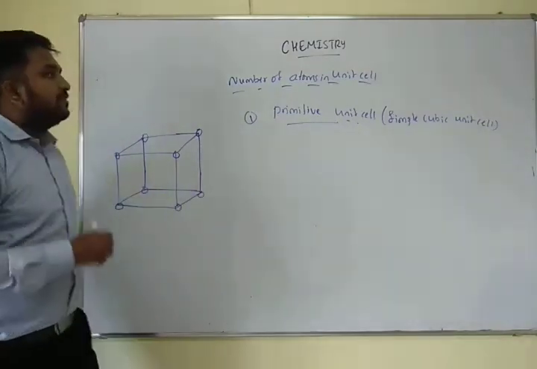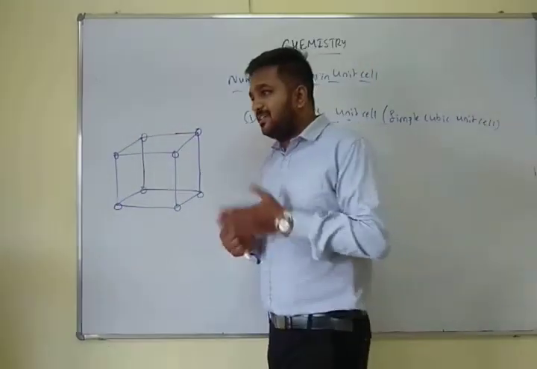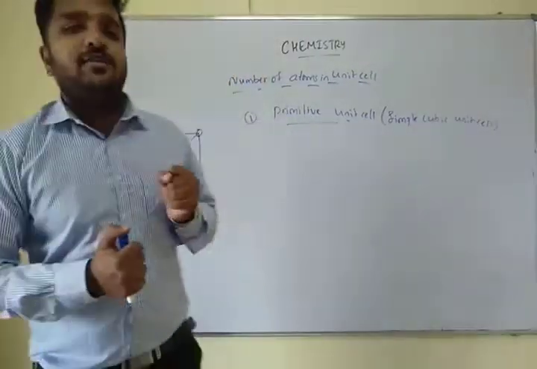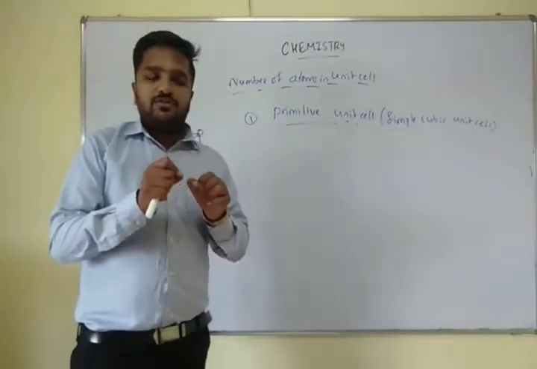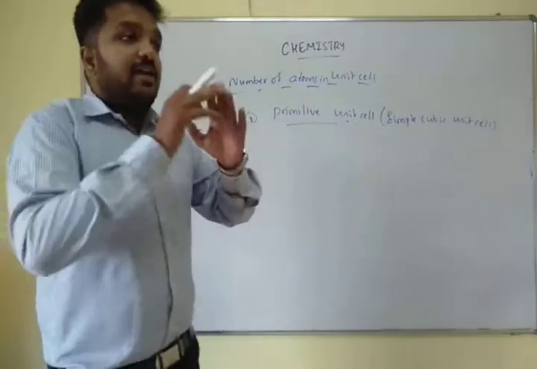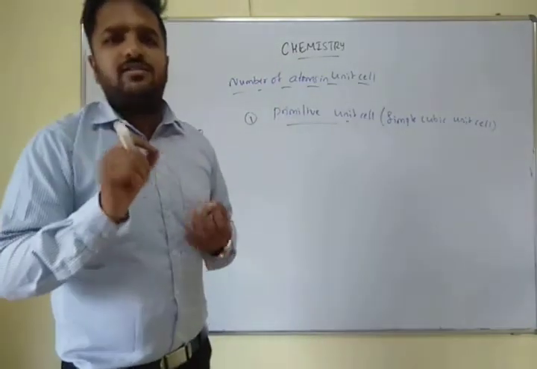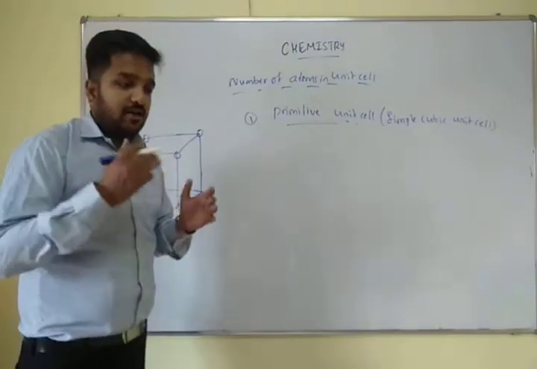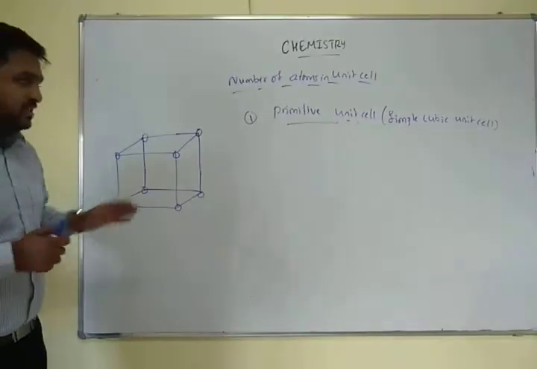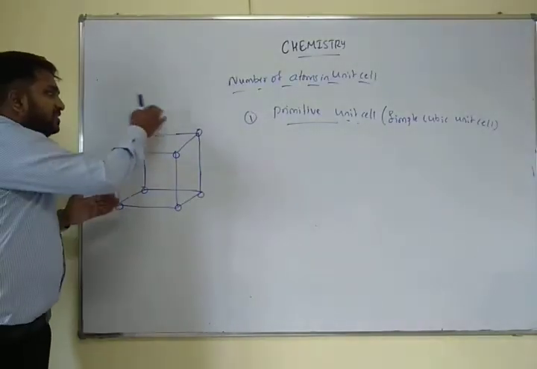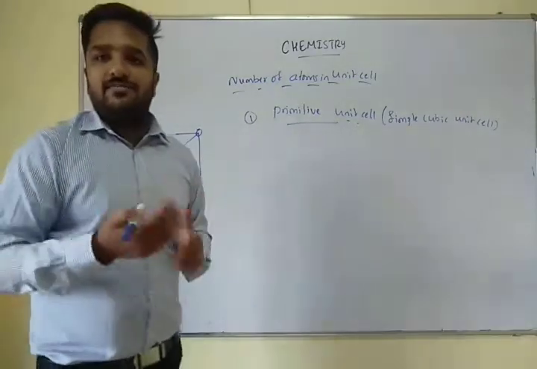But in order to get the information regarding the number of atoms present in the unit cell, you need to go back to our basics of unit cell. What do you mean by unit cell? I have said it clearly that unit cell are the smallest portion of a crystal lattice. Clear? In the entire crystal, we are taking the simple or the smallest portion of that particular unit cell in order to make our studies easier. So this is our smallest unit cell. That means this unit cell is covered in all the directions by other parts of the crystal lattice.